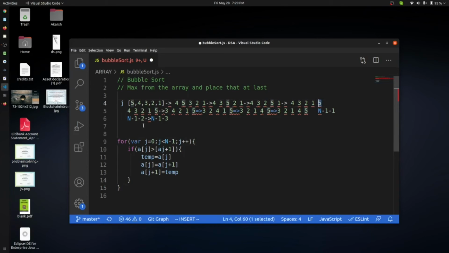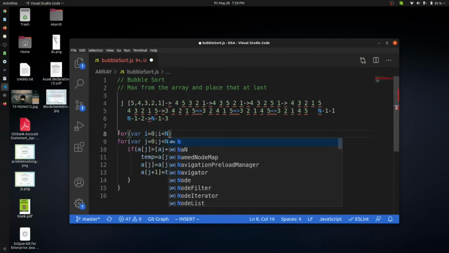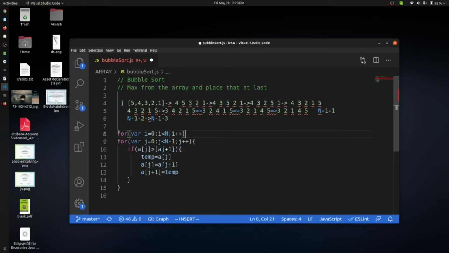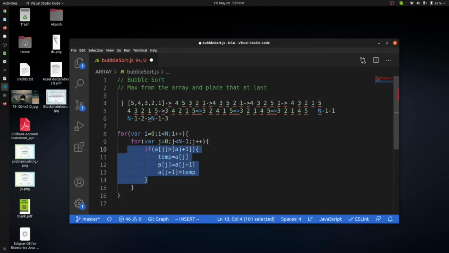But this will only find the largest and place it at the last point. We have to do it for every element. So we will put another loop with i equal to 0, i less than n, and i plus plus. I will give the swap variable the name temp. Just for clarity, we are using n minus 1 because we don't want to recheck the last element that is already the largest from the previous iteration.